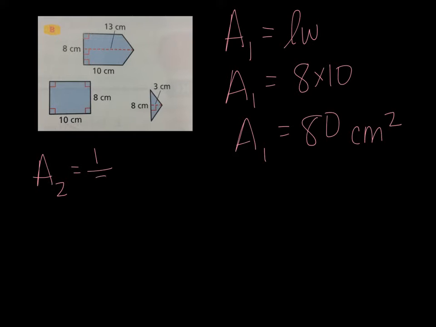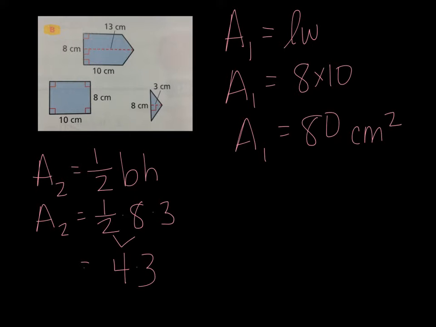That formula is 1/2 base times height. If I plug in my numbers here, my base would be 8, and my height would be 3. So if I take half of 8, I would get 4 times 3 is the area for the second figure. So the area of my second figure is going to be 12